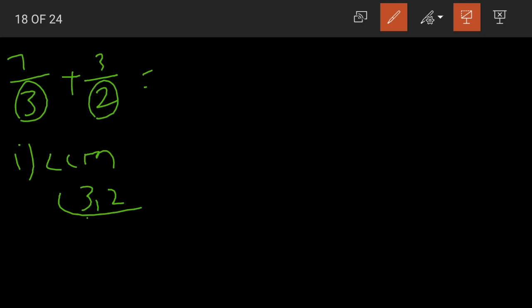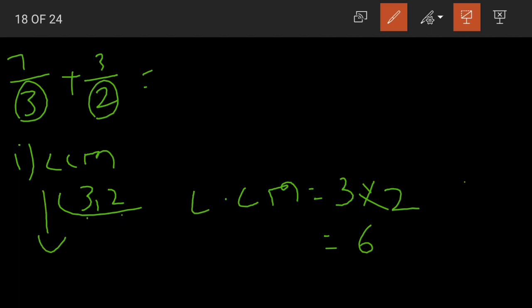One point to remember is that, students, now see, 3 and 2 are both prime numbers, isn't it? When we are given two prime numbers, the LCM simply becomes their product. 3 2s are 6. Without doing this calculation also we can say, suppose we are given 2 and 5 in the denominator. Again, 2 and 5 are prime numbers, so their LCM becomes their product. 2 into 5 is equals to 10.